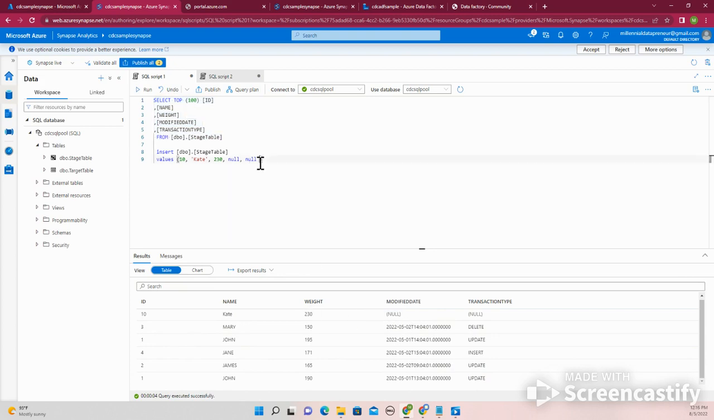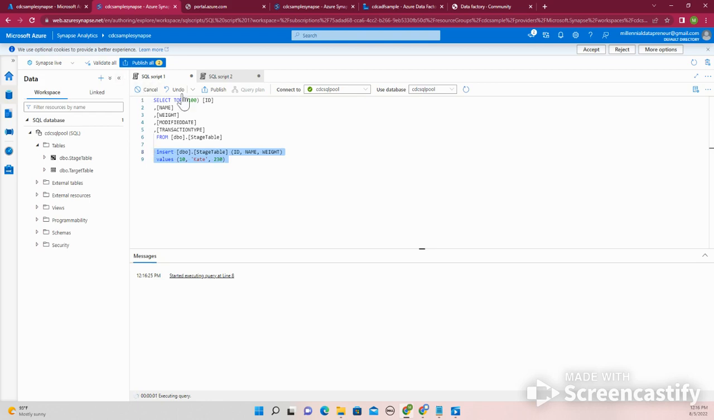So what I had to learn is this, right? Imagine if I don't put this and I just specify ID, name, and weight and run it. Then